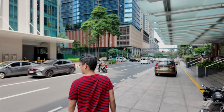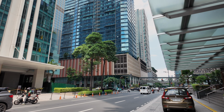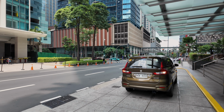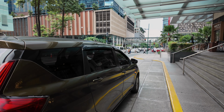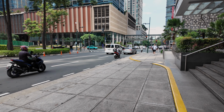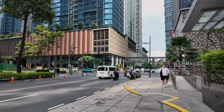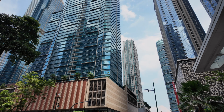But let me flip this around. This is where we're staying at right here, Grand Hyatt, which is about a block and a half away. It isn't too far from the Tesla dealership or sales center, or whatever you want to call it. But man, I am melting. Yeah, so this is part 2. If you haven't seen part 1 of the video, I was able to bring my better camera this time, better microphone, but